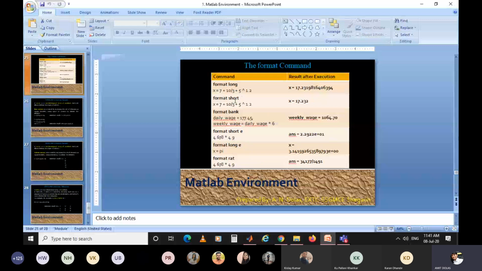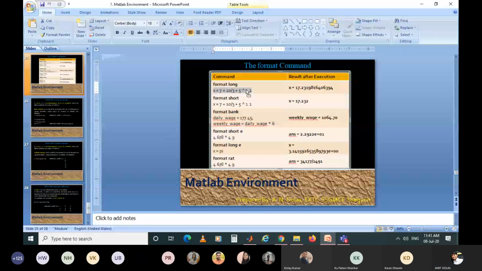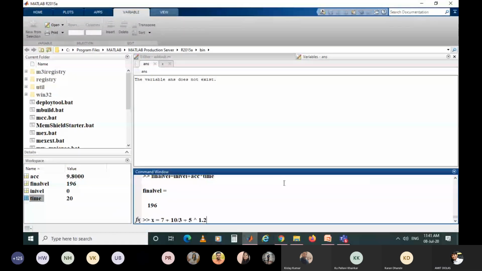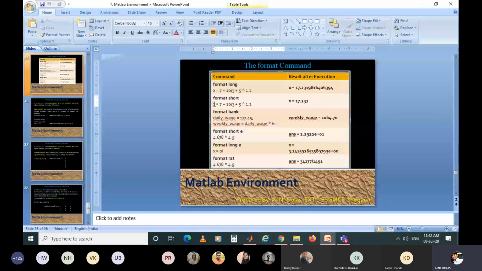So we'll execute this in MATLAB. You can have x equal to whatever operation is done here. You have 4 decimal points. Then another one is format long, sorry, short.